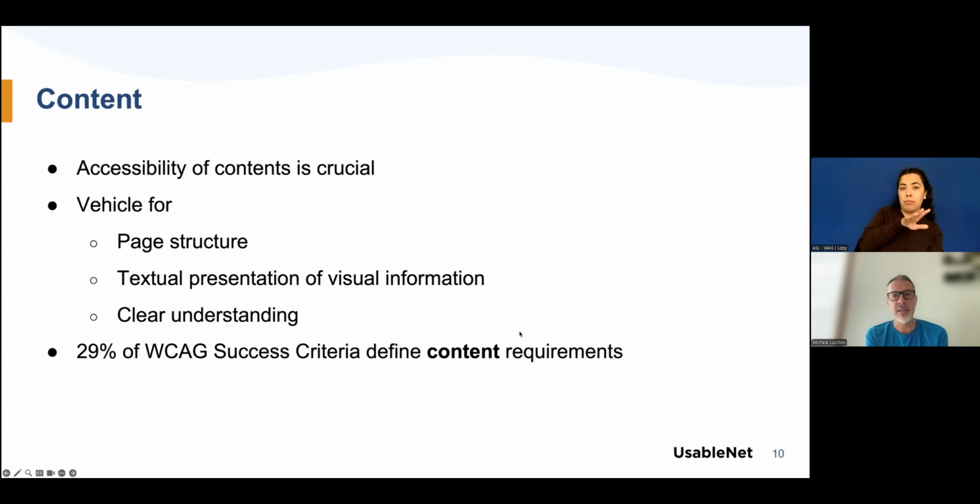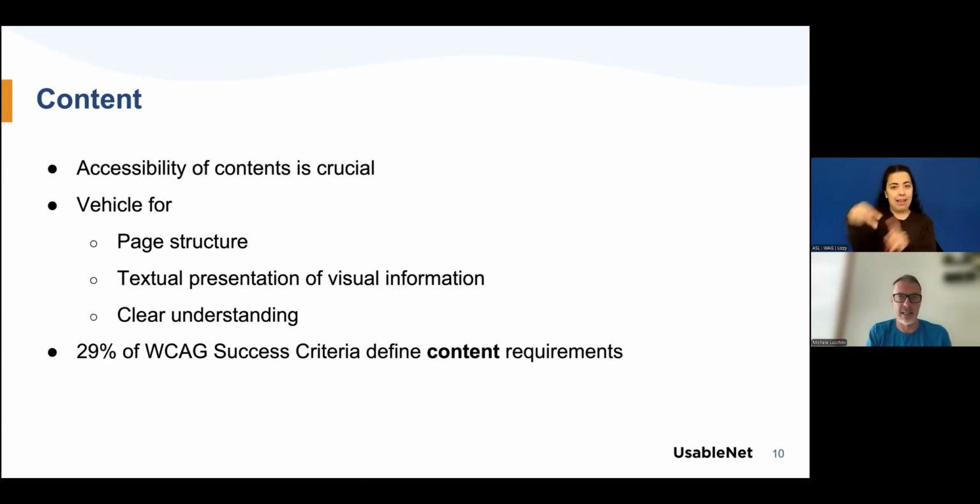Last but not least is the impact that the content has on the overall accessibility program, and moreover on the overall accessibility of the final product, on the digital property, on the website. Very often we focus all on design and development, and we forget to focus on content. Content can be a vehicle for many aspects.